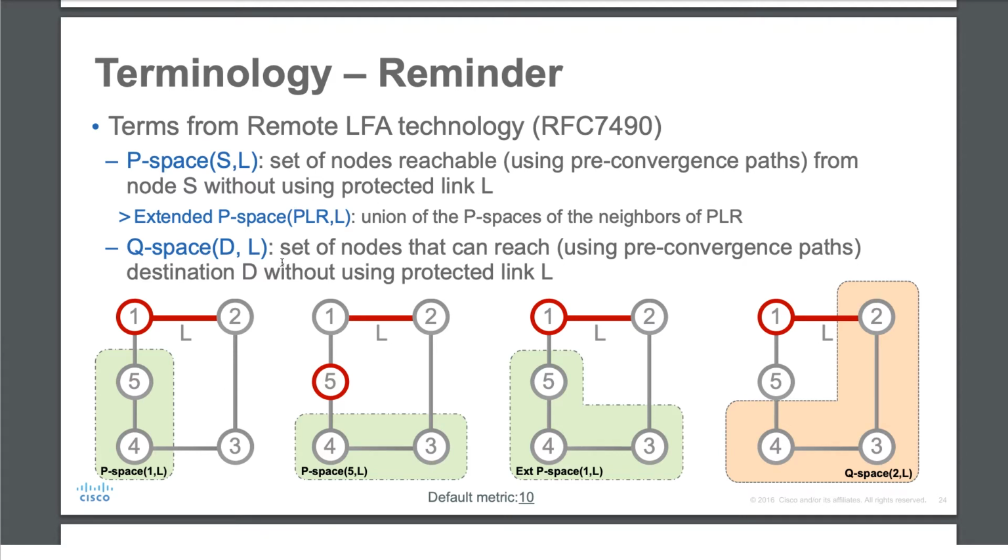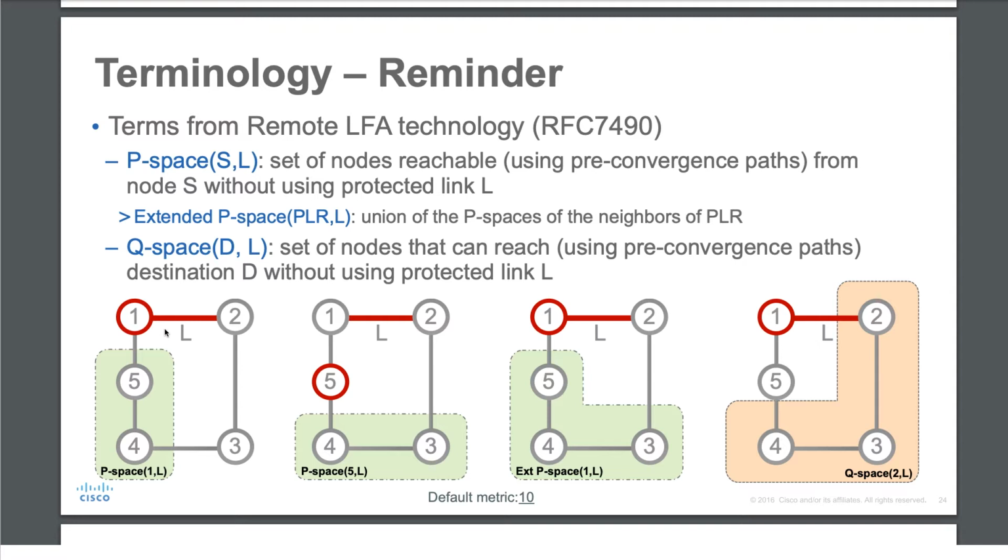Q space, on the other hand, is the set of nodes from which we can reach the destination D without using the protected link. So what is this whole story? What do we mean here? The reference to the P space is simply this: whenever we are trying to get our traffic towards our destination, we have a source, let's say in this case node 1, and the destination is node 2. Whenever we are trying to get the traffic towards our destination, and anywhere that is going to use that link, in this case the link between node 1 and 2,